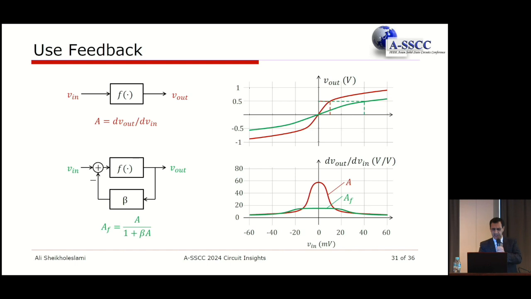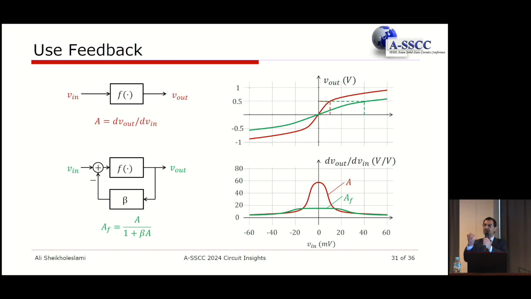I want to emphasize one thing here: how is that working? Looks like magic. Imagine that the input signal that you're applying to the feedback, Vin, has a level which is here, which corresponds to 40 millivolt on this graph. If I apply this 40 millivolt input directly to my original function, it would create a bunch of nonlinearity. But instead I'm applying it to this, and it will give me an output which is here, and if you trace it back to find out how much voltage you're actually applying to your nonlinear circuit, it turns out to be 10 millivolt. So this output voltage that you can see here corresponds to an input which is 10 millivolt.